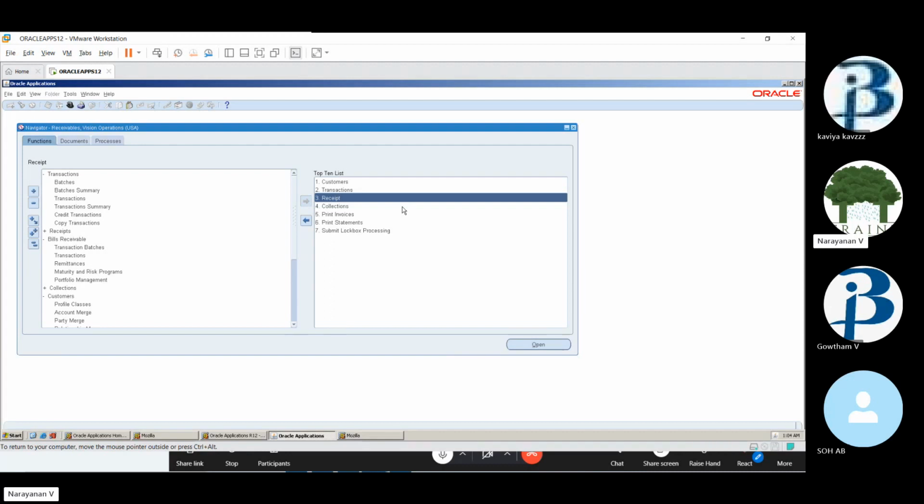So before moving to receipts, again it will take some time. Shall we continue after some time, like in the evening session, or how do you want me to proceed? Is it okay for you, or the evening session? Yeah, Mr. Narayan, receipts we can do in the evening session, but now we can see this one,